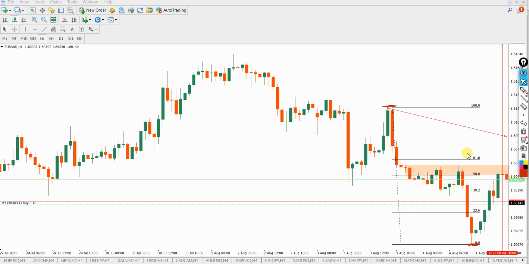So we can see different percentage levels: 61.8, 50.0, we have 38.2, we have 23.6. These are different retracement levels. So at the moment, the market is at the 50% retracement level. We have three significant levels that I actually support, which is this level, and this level. Some people also use this level, but most times it's not that significant enough compared to the 38, 50, and